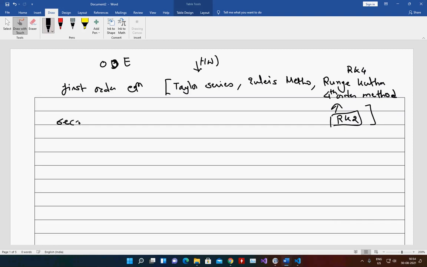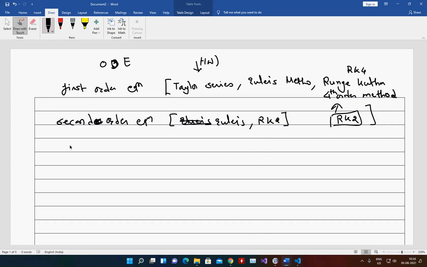Then we have the second order method. Second order equation. We have two methods, Euler's method and we have RK2 method.